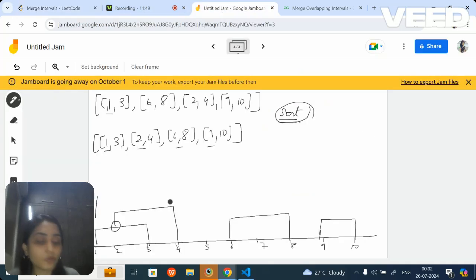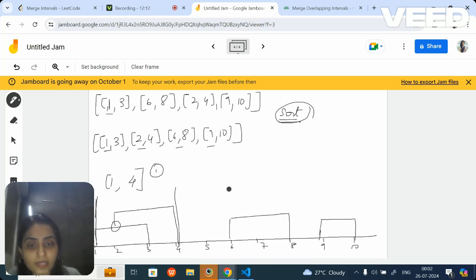So if we need to merge them, as I told you, what is the starting? 1. And what is the ending? 4. So you have merged 1 comma 3 and 2 comma 4 into 1 comma 4. So this is your first non-overlapping interval.